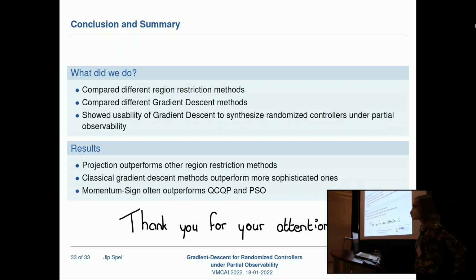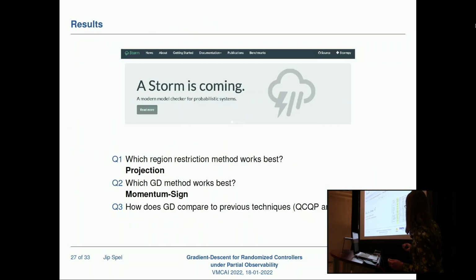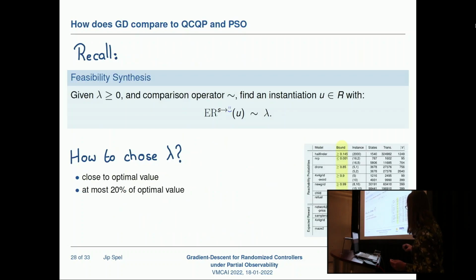Thank you. So I'm not really into the details of particle swarm optimization, but I think it performs better if you're really looking at just a feasible instantiation. And in our case, we really looked relatively close to some optimal values. So I think particle swarm would be better if you just want to find a feasible one, and gradient descent would be better if you're interested in something really close to the optimal.